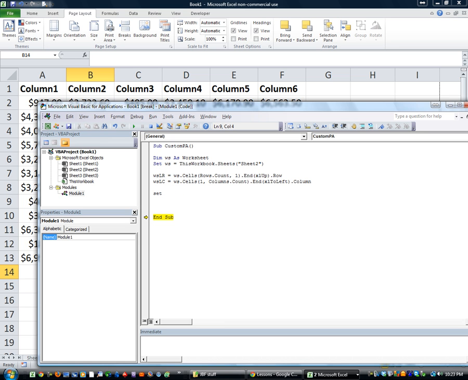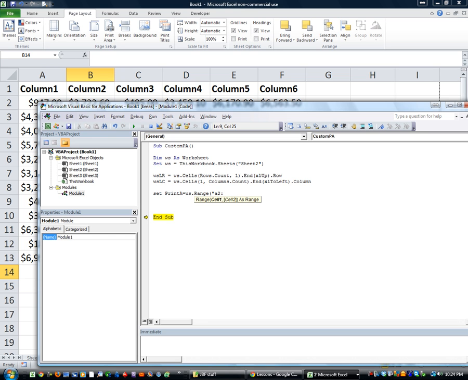Let's go ahead and set up a variable called printA. I call it printA. You could call it print area, or you could call it Shazam for all I care. I'm going to call it printA. Set the print area to equal WS, that's our particular worksheet, dot Range, and we want the range of, how about